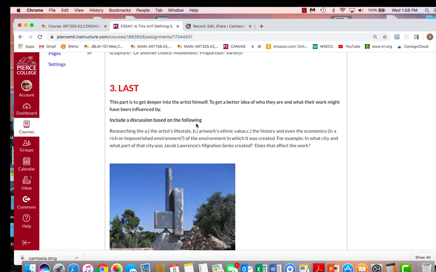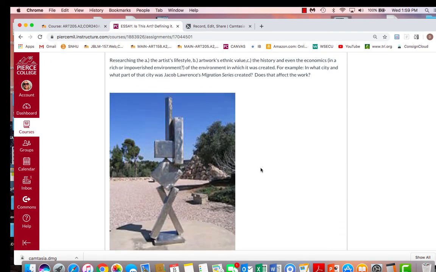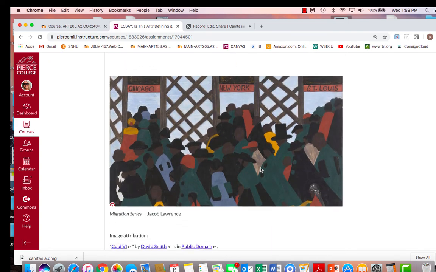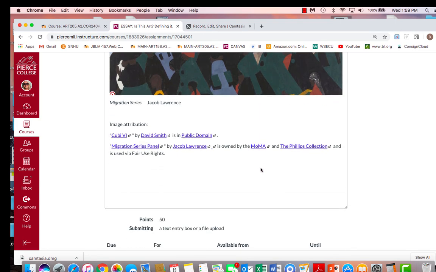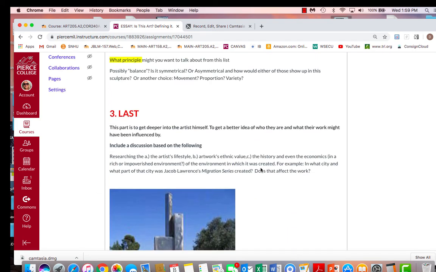work. The last one is to find out more about the artist's environment, where he was raised, what his ethnicity is, and the bottom line is, does that affect the work, what it looks like, what he or she is trying to say. So if you have any questions, you can always email me, and we can always get on